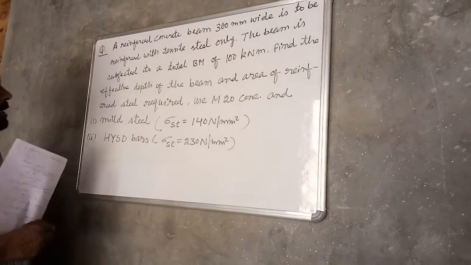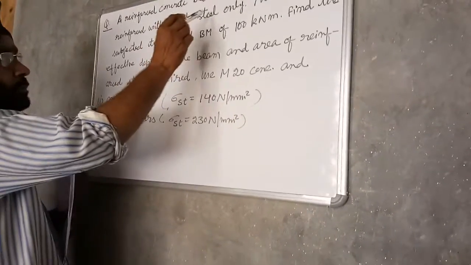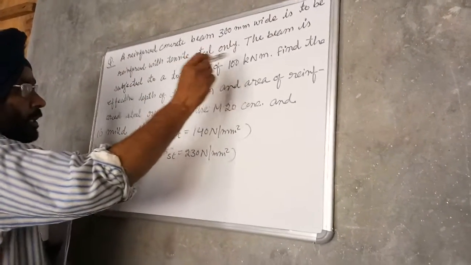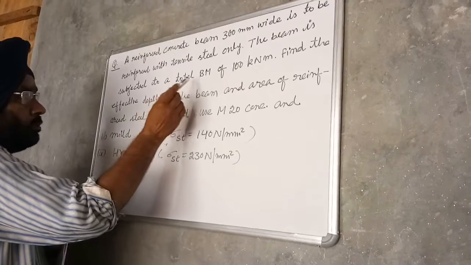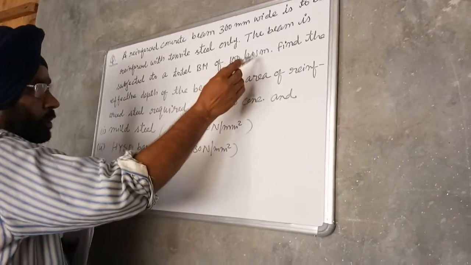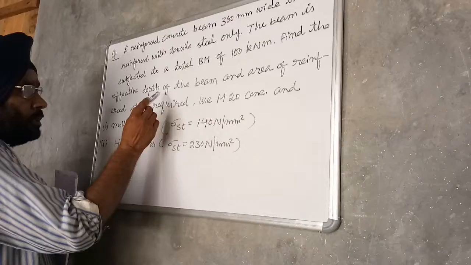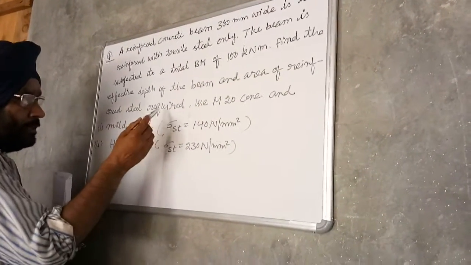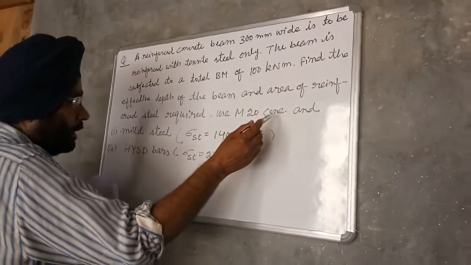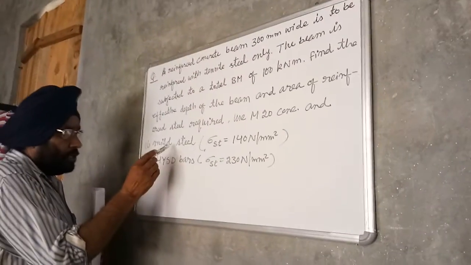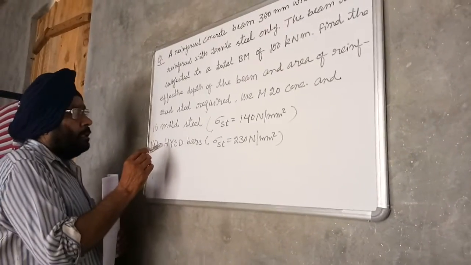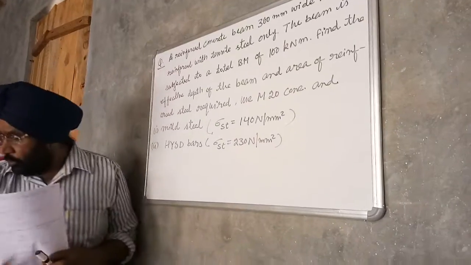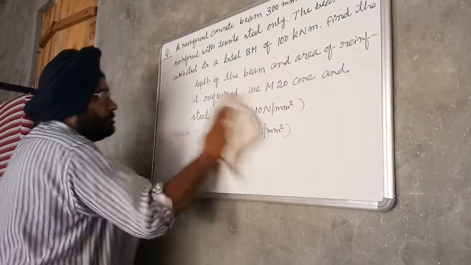So the question is, a reinforced concrete beam 300 millimeter wide is to be reinforced with tensile steel only. The beam is subjected to a total bending moment of 100 kilonewton meter. Find the effective depth of the beam section and area of reinforced steel required. Use M20 grade concrete and, first part mild steel and second part HYSD bars, that is high yield strength deformed bars. So the solution of the problem is